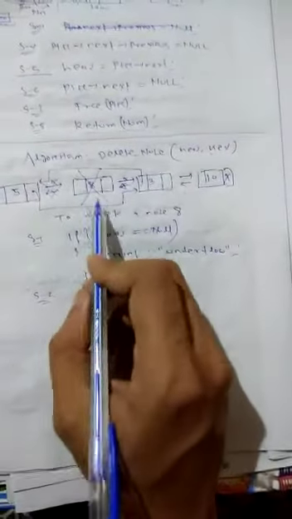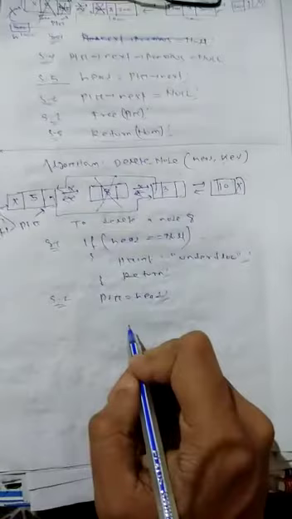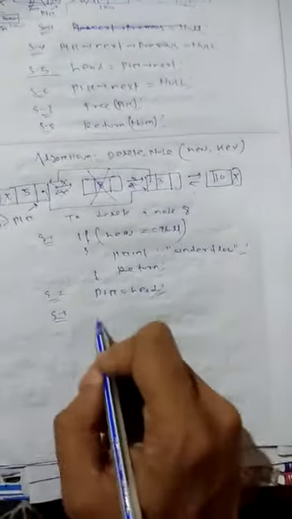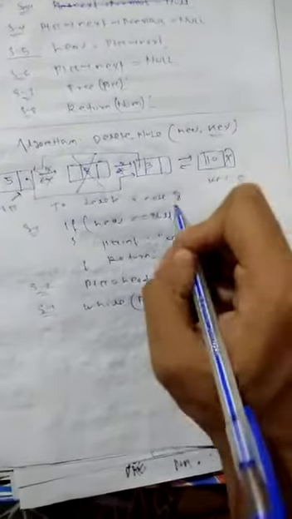I am taking a pointer to access this node, so I am starting a pointer ptr equal to head. Ptr is here now. Then what happens? I am writing the condition to move this pointer. What is the condition here? While your ptr info part is not equal to key. What is the key value? Key is passed, your 8 is given, we have to delete the node 8, so key is 8.